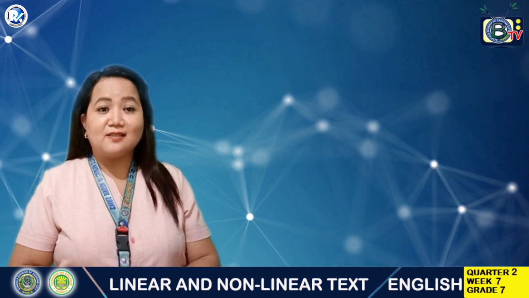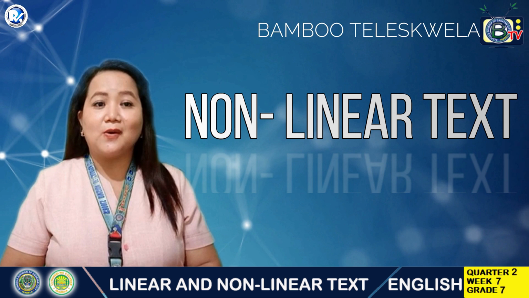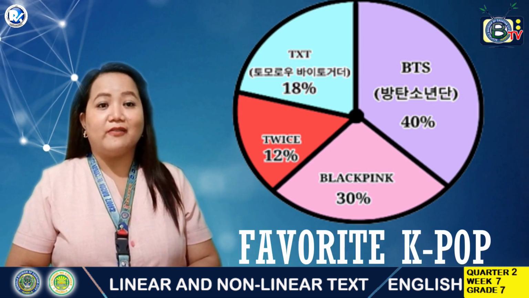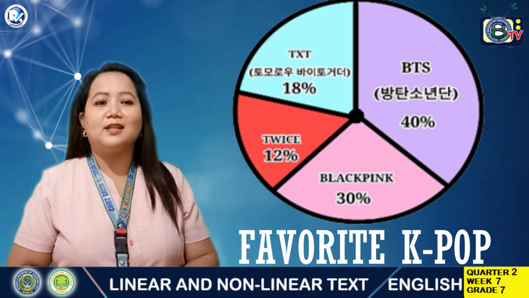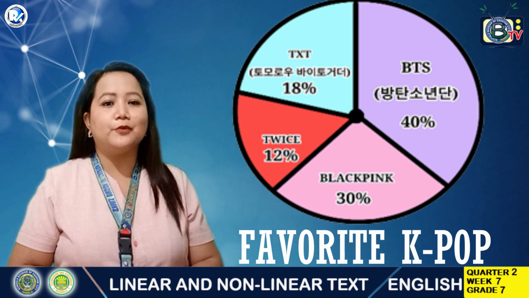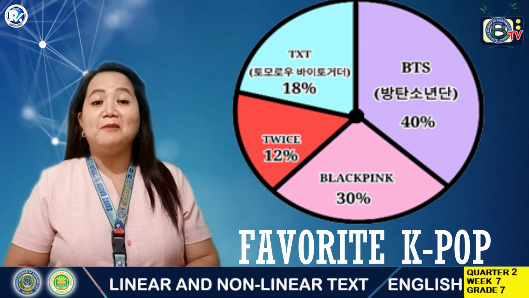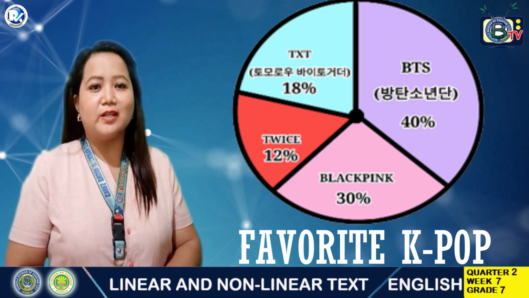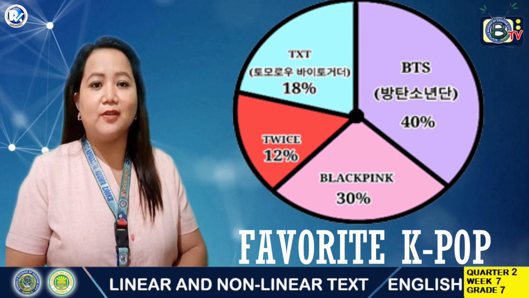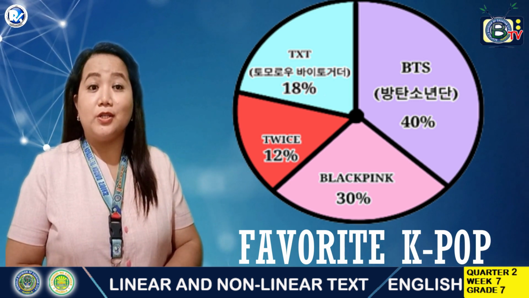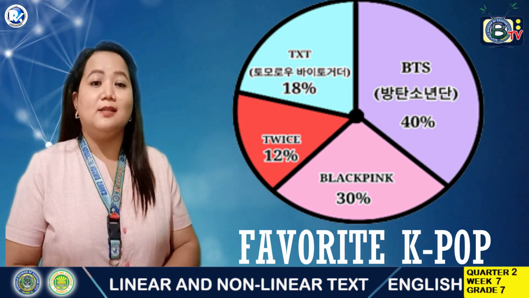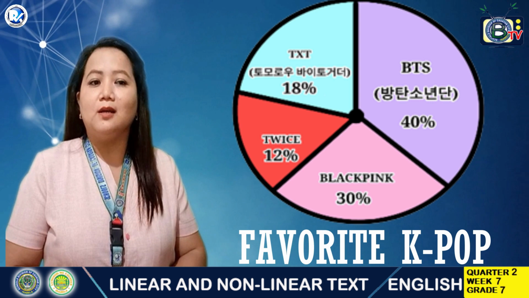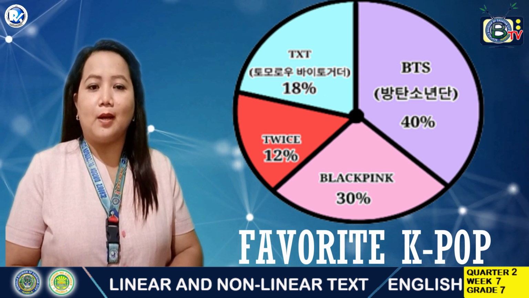Now let's look for an example of nonlinear text to transcode it to a linear text. This is an example of pie graph. It is stated above the graph that it is all about a favorite K-pop group of a certain person, maybe a student like you. This is how a certain person divides his/her love to K-pop group he or she idolizes. It is clear that he or she loves BTS the most since it got the highest part of the pie,